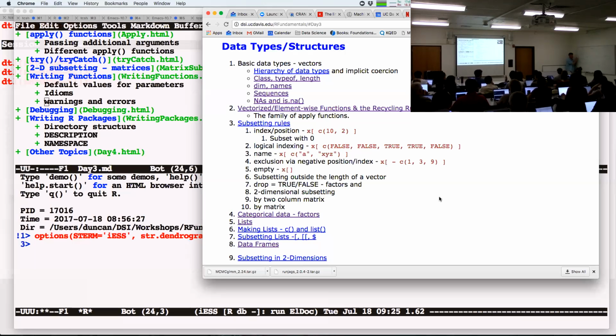This guy does not do partial matching, but it does evaluate. If I type var in here, it will actually look up the value of var, get the value of it as a string, and then say, now I'm looking for that guy. So if var is a string, that's great. If var turns out to be ABC, it'll find a variable named ABC and not something called ABCD. But if var happens to be the value 2, it'll work just as well, okay? Because it'll now look for 2, because we have subsetting by index or by name or so forth, okay?